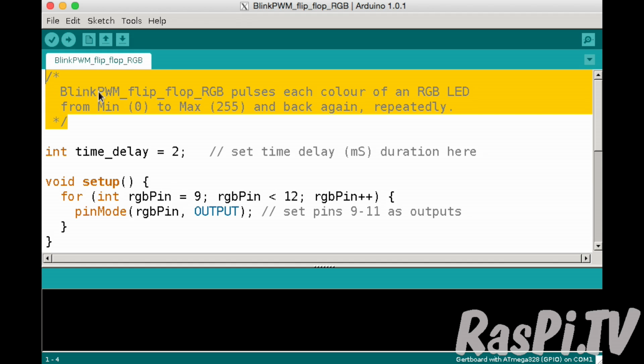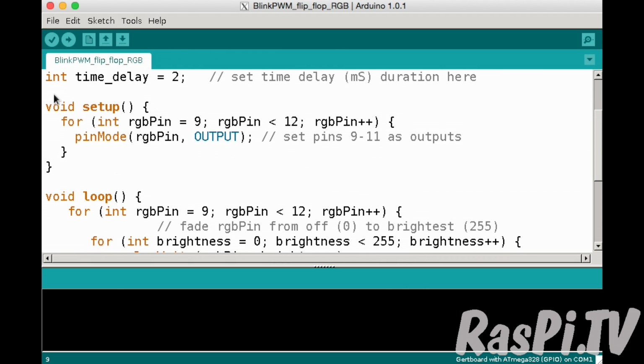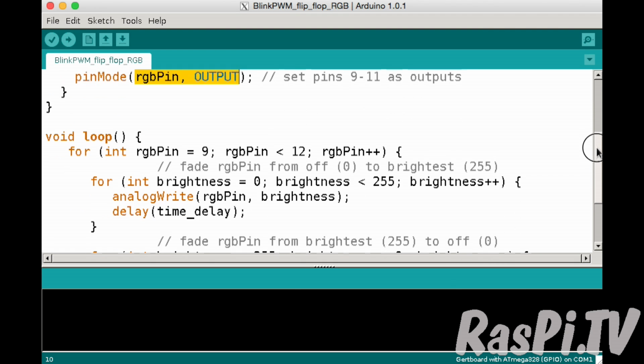So at the top you've got the usual comment explaining what's happening. Then we're setting a variable for the time delay. We'll set it at 2 milliseconds. Then here in the setup function, we've made a loop to initialize pins 9, 10 and 11. So that's starting at 9, looping through and stopping at 12 in increments of 1. So that gives us 9, 10 and 11. Each of those is being set up as an output here, and then once those are set up, we go on to the main loop,